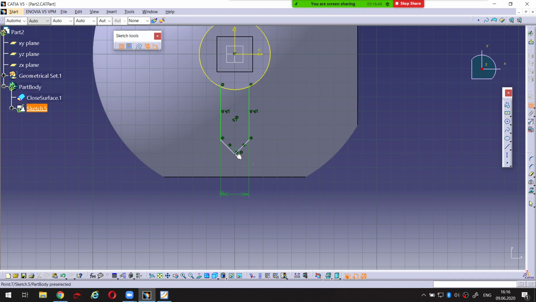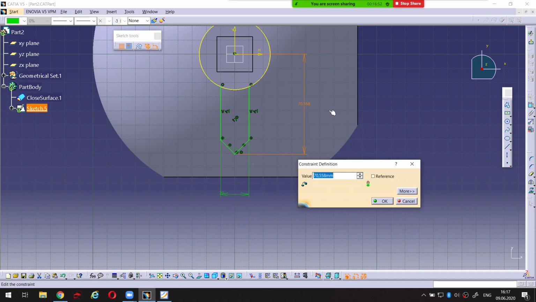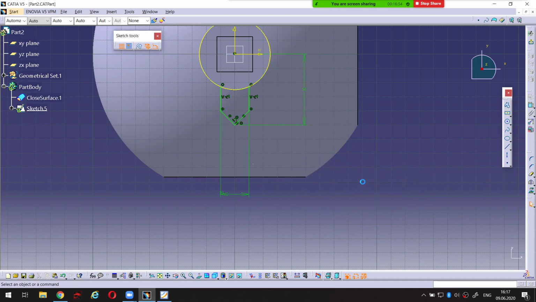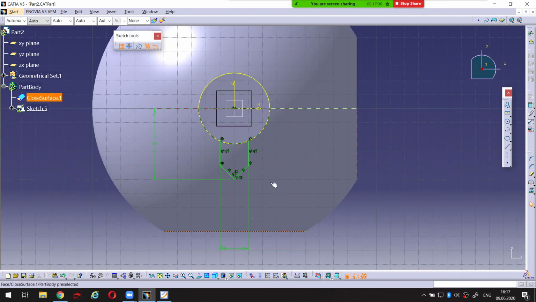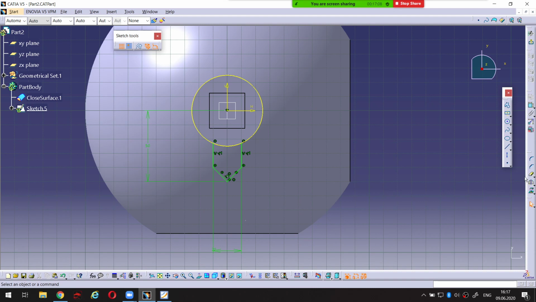So the distance between this point and the x-axis should be probably 50. That's okay for me. So actually here I need only one arrow. That's okay. I trim this side